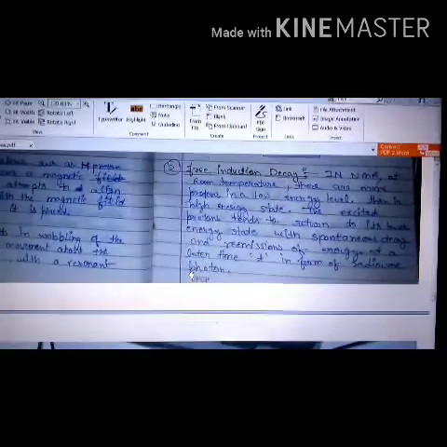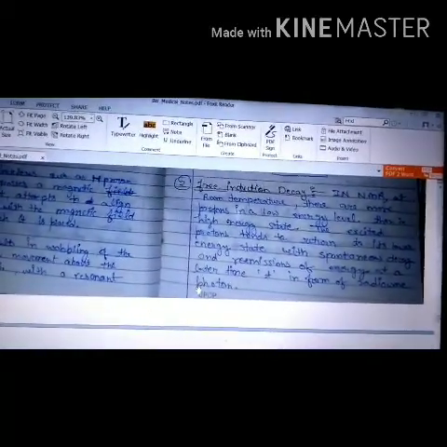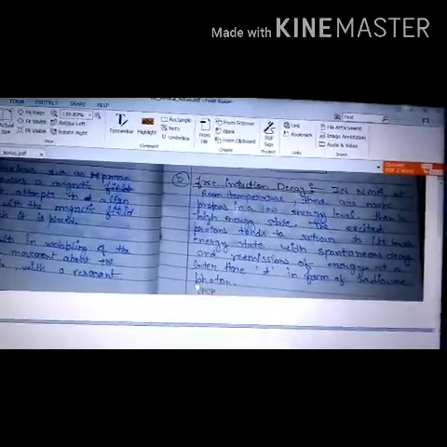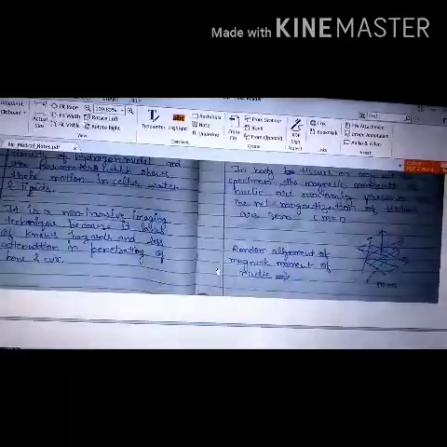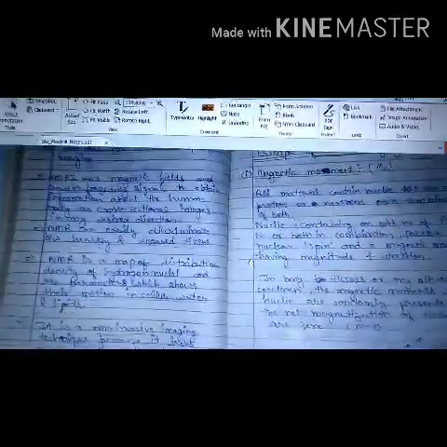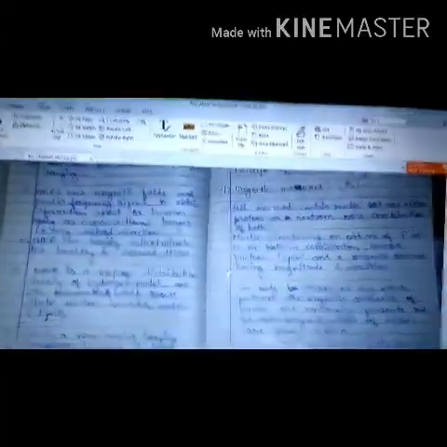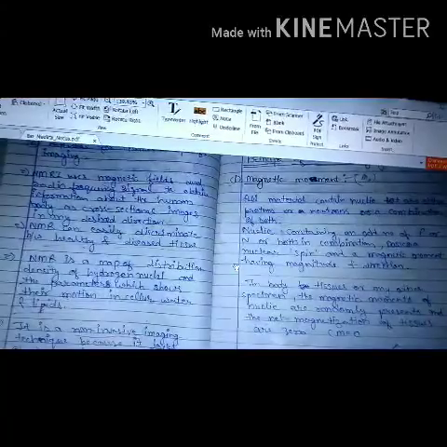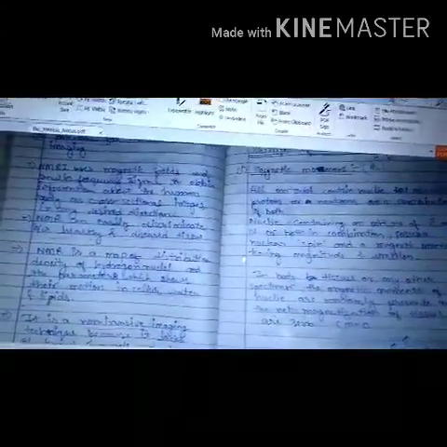Okay, in the previous lecture, we had started studying about NMR, that is nuclear magnetic resonance imaging. We looked at its basic principle related to magnetic moment, and this is a subsequent lecture to that one. In this lecture, we are going to look at other principles related to NMR.